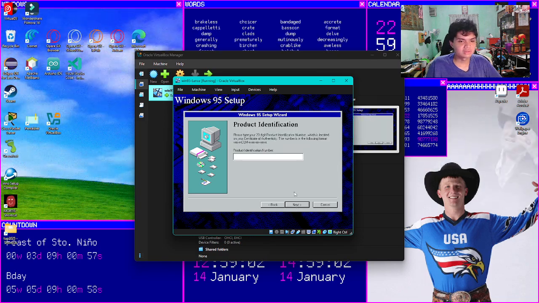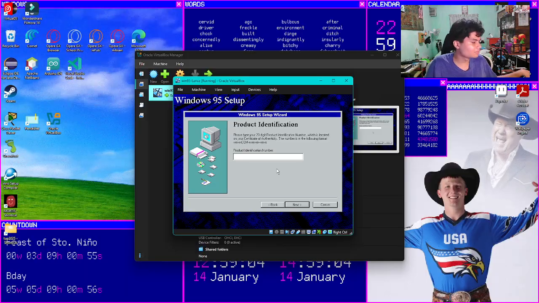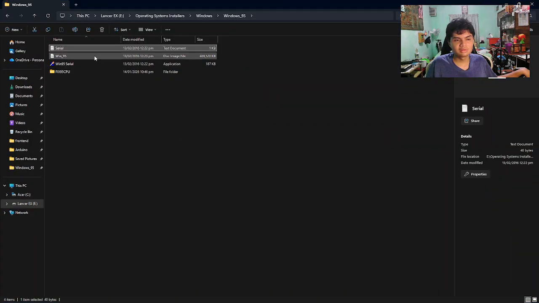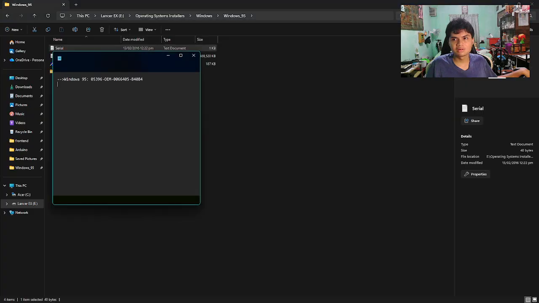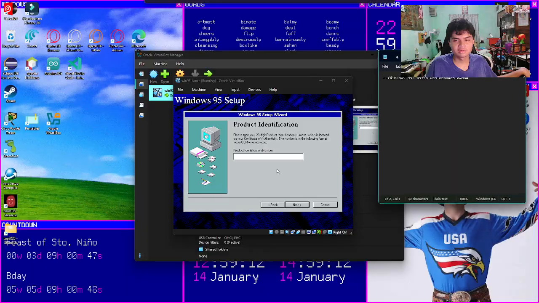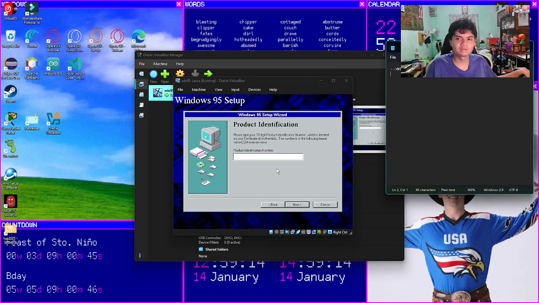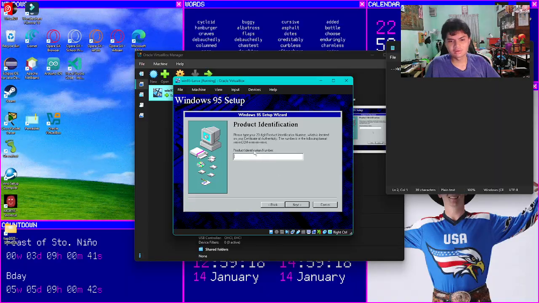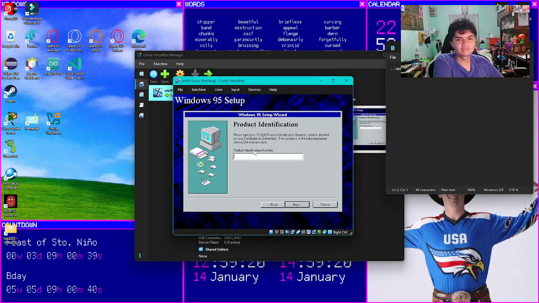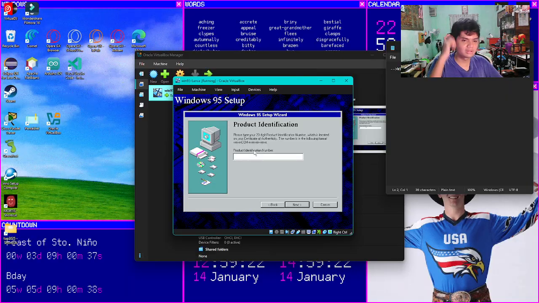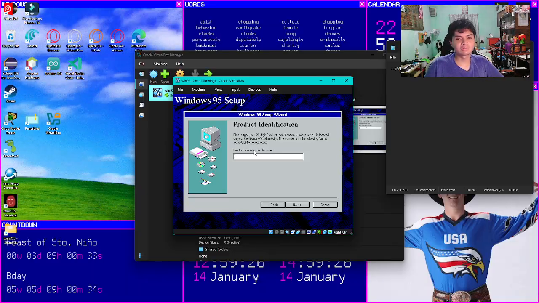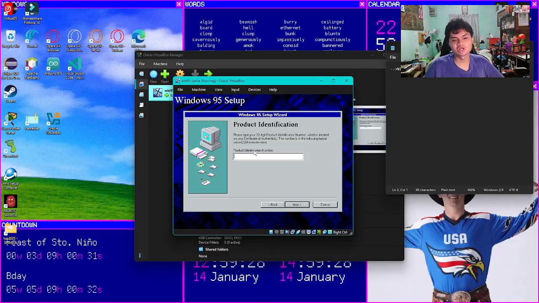Then press next. Then we need the product identification number or PIN. So in my case, I downloaded it from the internet and there's already a serial PIN available within the download. But if you bought it from a physical copy, there's already a serial number inside the box, and there are also serial numbers on the internet that you can search.